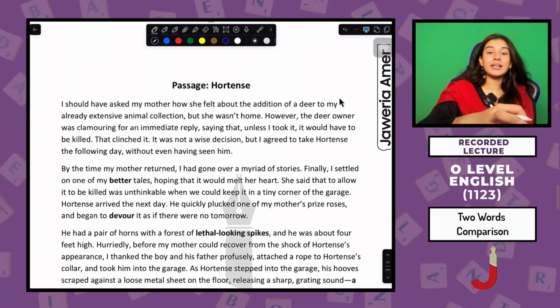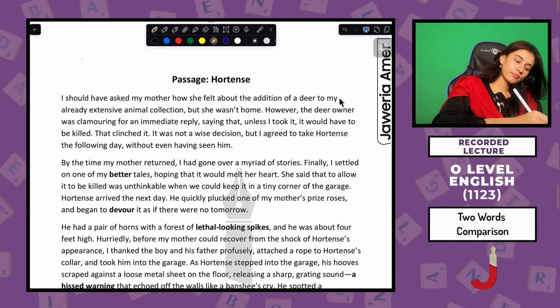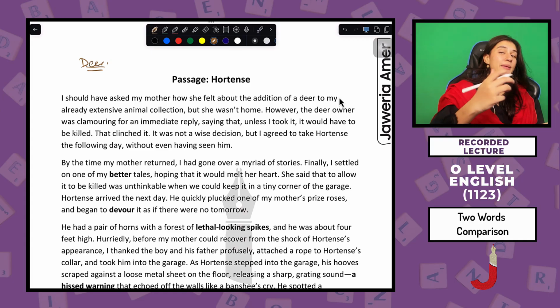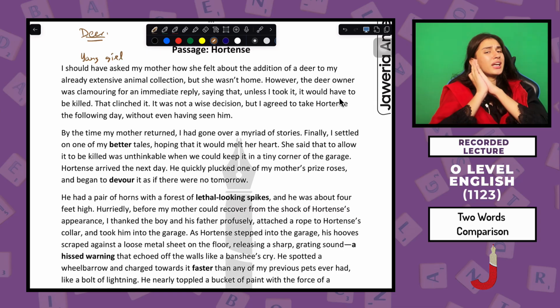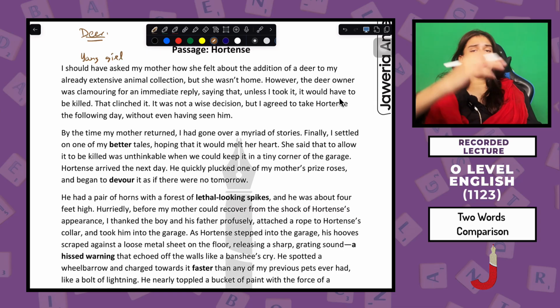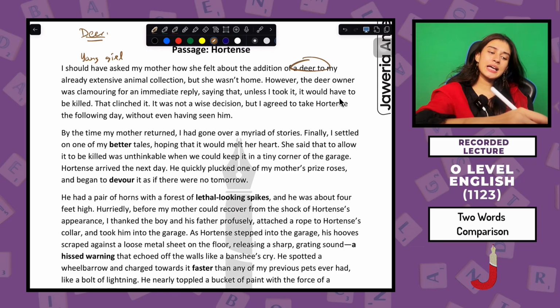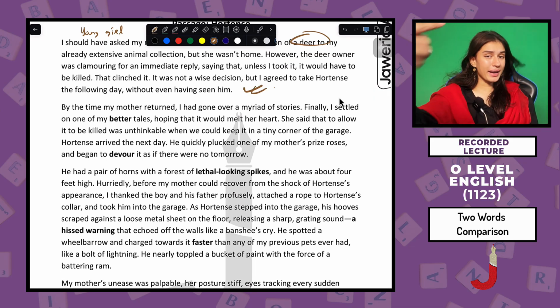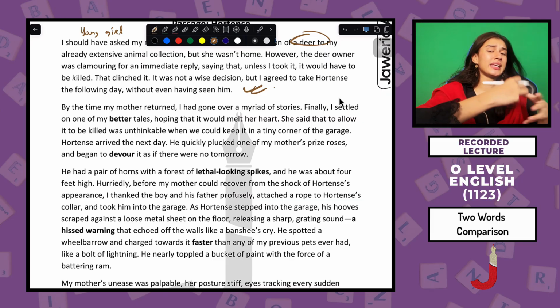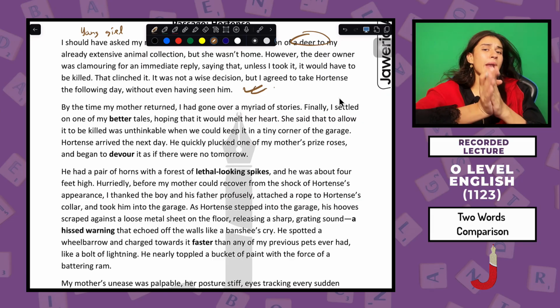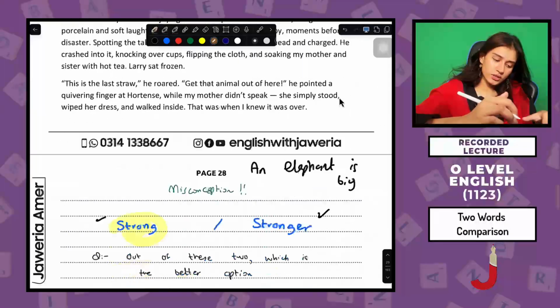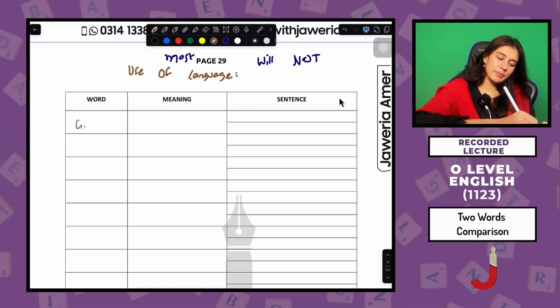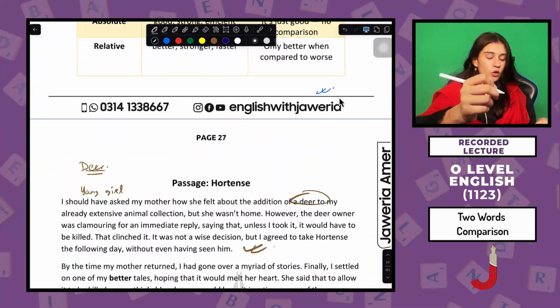So basically the story that we are concerned with today is about a deer. Okay, it's technically about a little young girl who is an animal lover. She loves animals, okay? And now she wants to adopt a deer. Alright, however, her mother is not home. But when the deer owner calls, so I'm really quickly recapping the story to help you understand the gist of it. So just wait, this is maybe a new word for you guys. The word gist means idea. So I'm helping you get the idea of it so that we can solve the questions now.